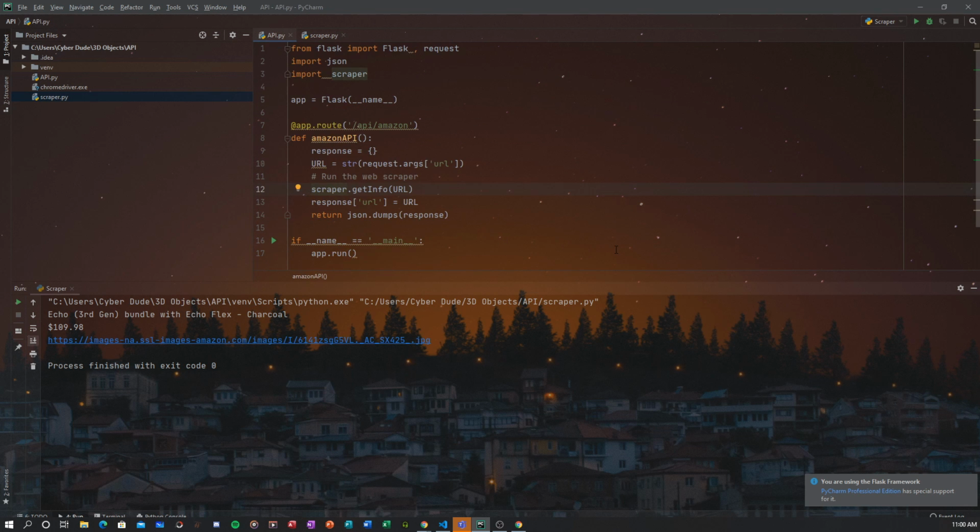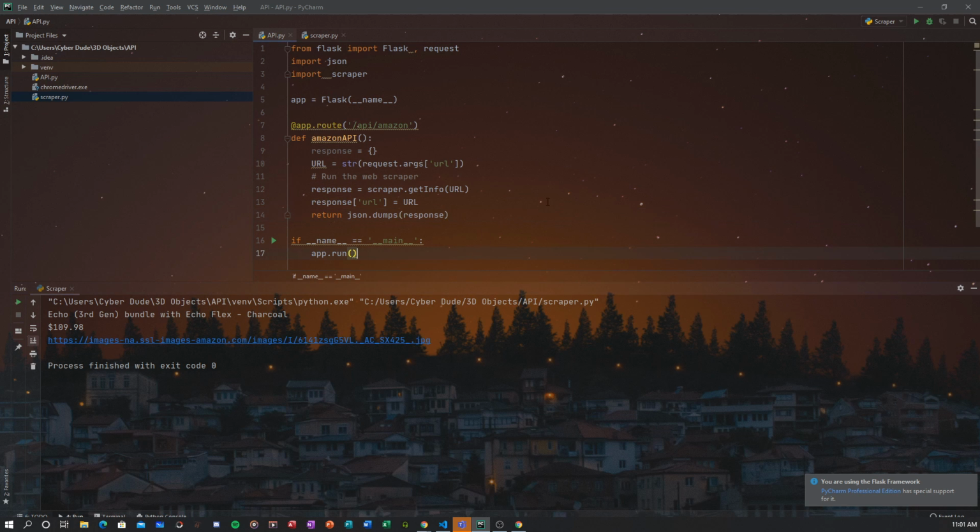There's another thing we can do. Instead of creating a new dictionary, before this we're going to say response equal to. So response will actually become the dictionary which we return here, and then this will add a field to that dictionary called URL, and its value will be the URL passed here, and then we'll just encode it as JSON and return it again on the website.